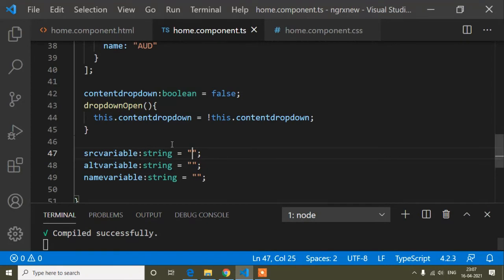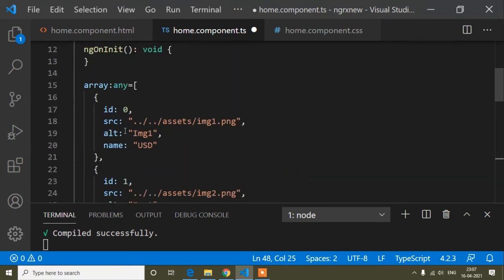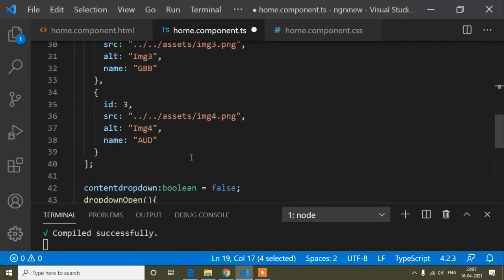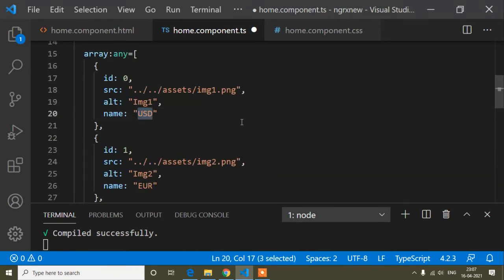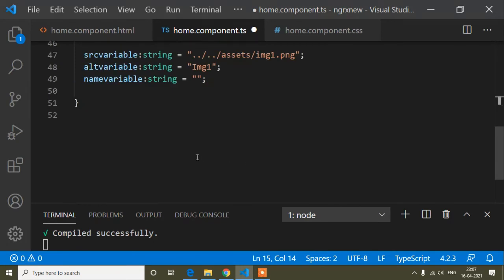So you will find it's nothing, blank, because first I have set all the variables blank. But now I will assign the first image here, and the alter tag is first, and the name is USD.